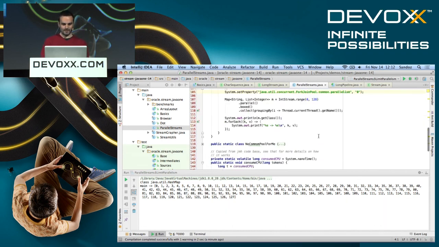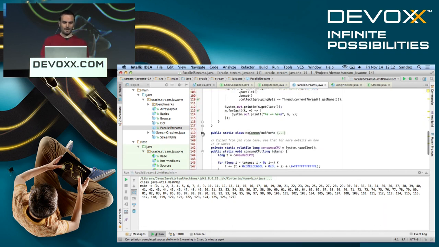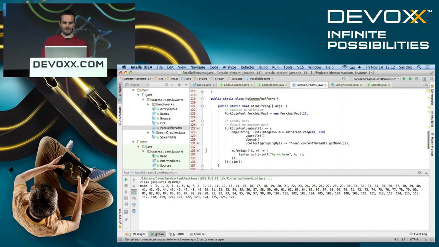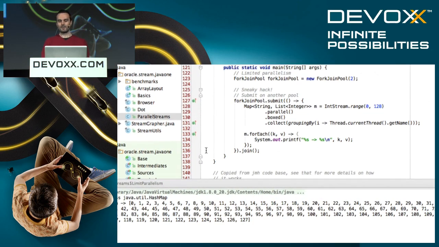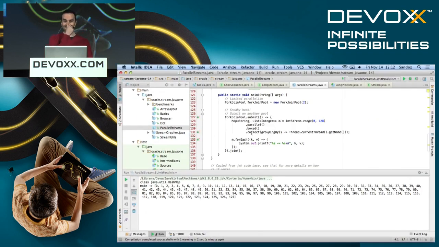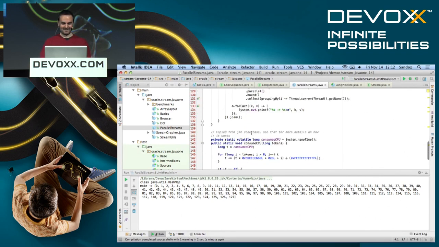And now I'm going to show you something a little bit naughty. This is not publicly supported, but if you really need to do it, you can hack in and control a pool programmatically by running a stream inside a fork join task. You can submit your stuff to a fork join pool that you created yourself and limit it that way. But that's not supported. So if you're desperate, do that. But don't say I told you so. That's the rule of that.